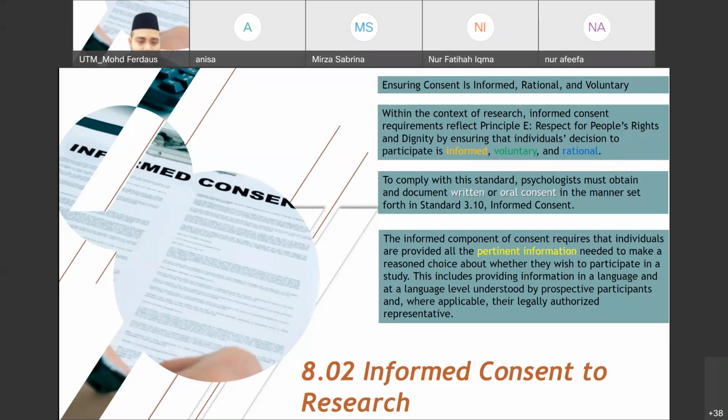Okay, if they speak Malay, then you need to explain to them in Bahasa. If, for example, they are not comfortable with English but they are comfortable with Tamil, then you need to provide your consent and inform them in Tamil. The same goes for other languages, Mandarin, Arabic, or maybe other places where they don't really understand standard Malay. Okay, they have slangs.